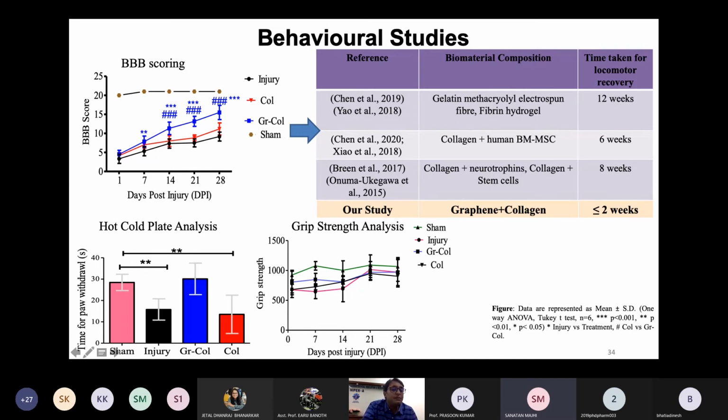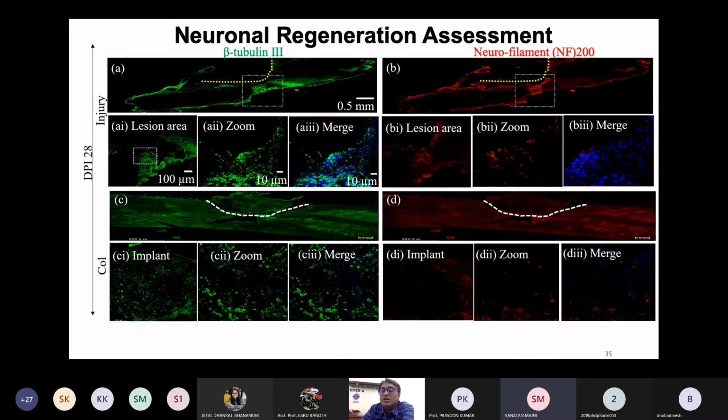When we see the paw withdrawal capacity, that is on the hot plate analysis, we see GR call is just like sham. Sham means a healthy animal. So GR call is just like a sham, compared to injury and the collagen implanted. Again, GR call achieved a milestone here to control the neuronal functions. On a hot plate, the rat withdraws its legs upon the temperature. So this is very exciting, and then we further